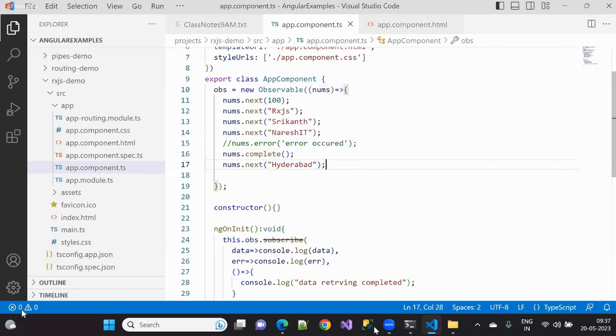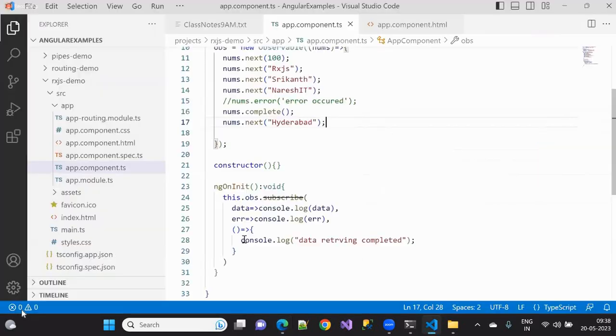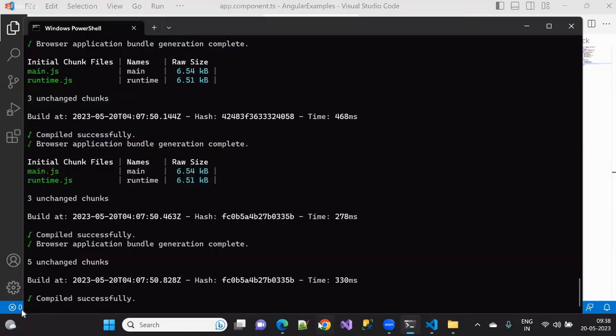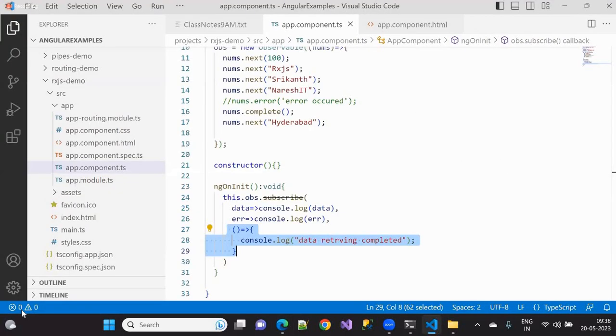And then you can see how the output goes. Now, when I call the complete method, then automatically it will call this particular function and display data retrieving is completed. Once the data retrieving is completed, whatever data you have written,